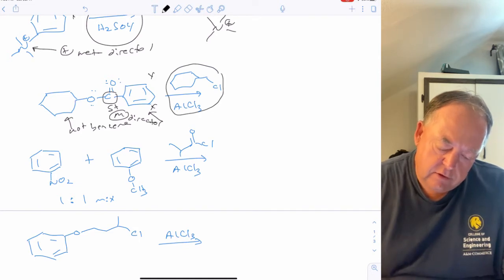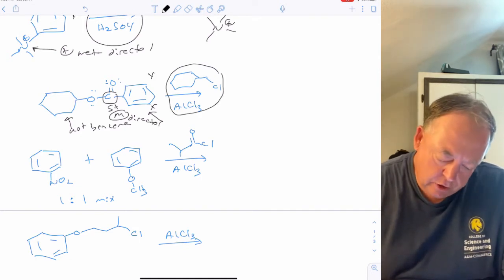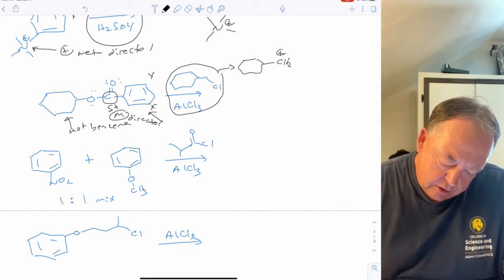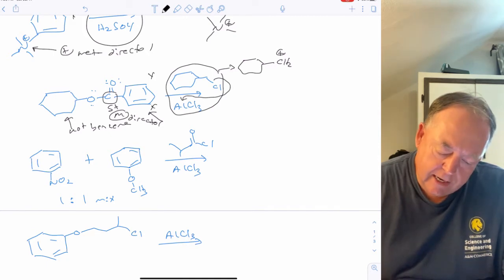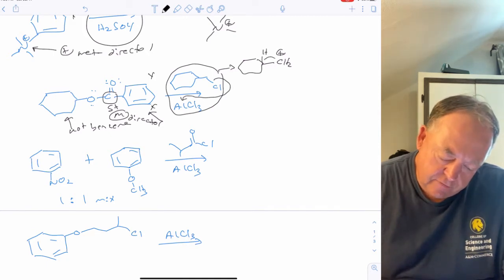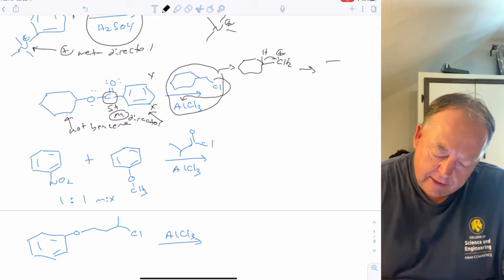So if you do this, that's a Friedel-Crafts alkylation. What do you know about Friedel-Crafts alkylations? They make carbocations, right? This would pull the chlorine off to make that carbocation. So you have to look out for a rearrangement. So that carbocation is going to rearrange